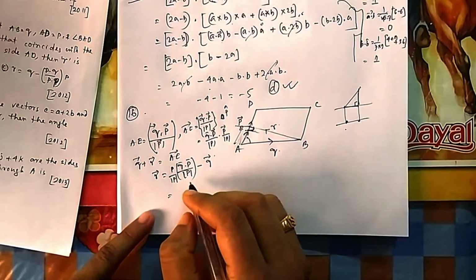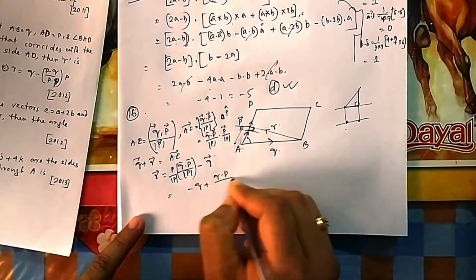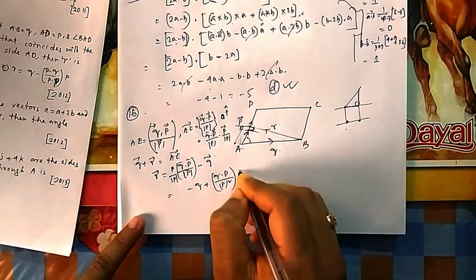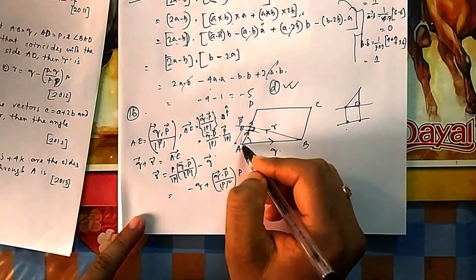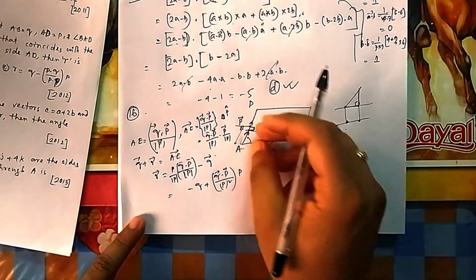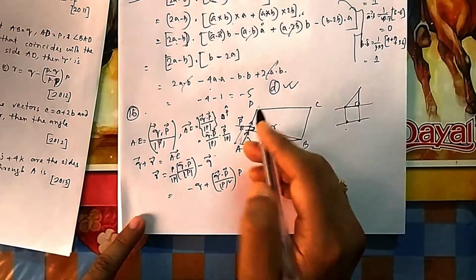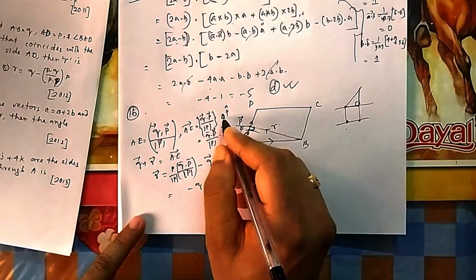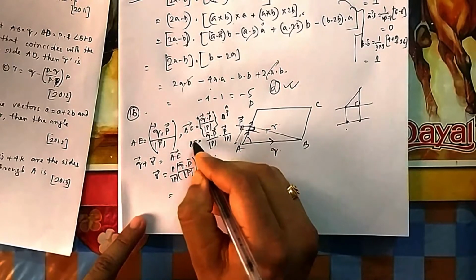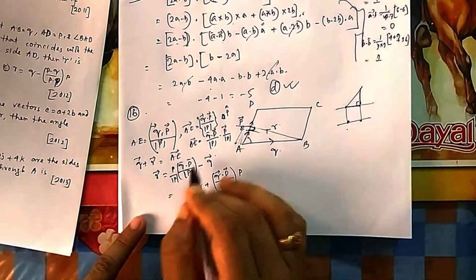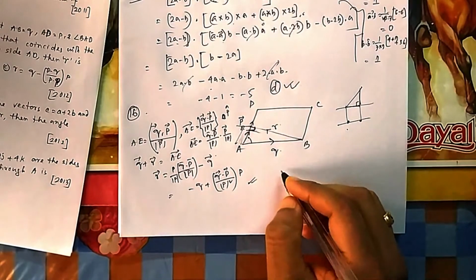So it will look like this: minus q plus (q dot p by magnitude of p squared) times p, because this will be a scalar. If you multiply it by this direction, then you will get this vector. The magnitude you got is this one, this is the projection. Then this direction you also require, so I multiplied the unit direction and got this direction also. This complete thing becomes the AE vector, whereas this alone was only the magnitude. I need the AE vector, so that is my answer. That is your option B.